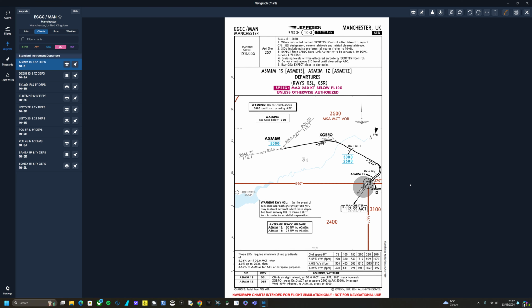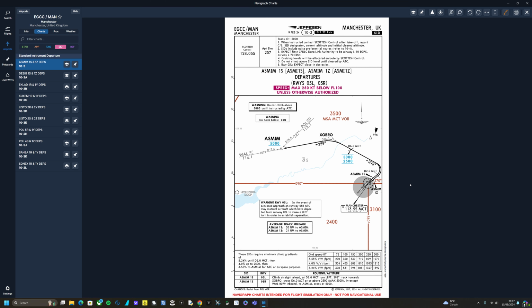So this is a chart, this is a SID, a standard instrument departure chart. This is all the information you need. It'll look very similar on every standard instrument departure chart wherever you go. Whatever the SID is, whatever the airport is, it'll look very similar. So we can see that